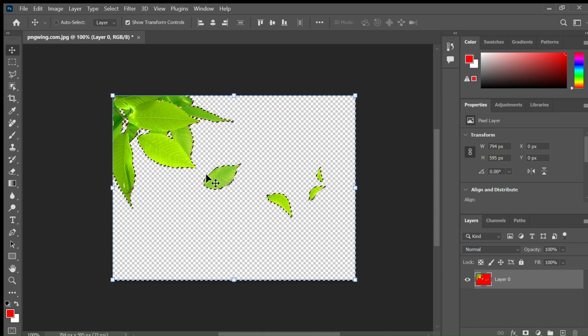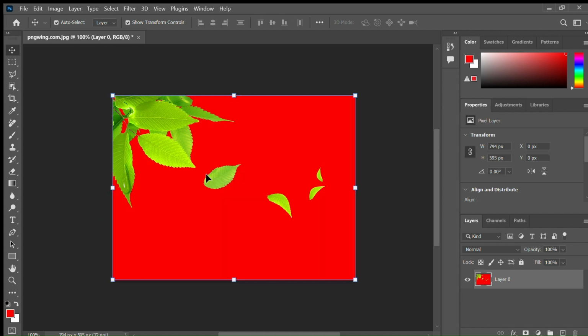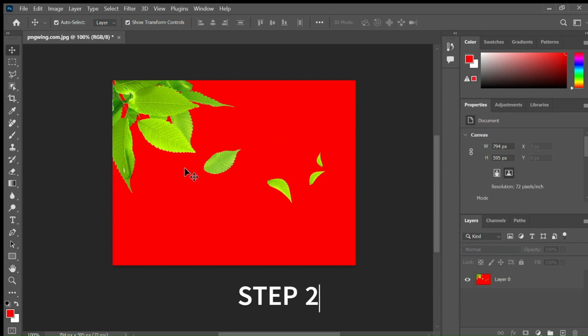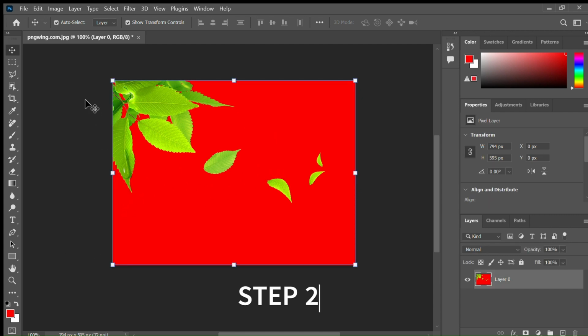And the next step is to select your layer. Then you go to